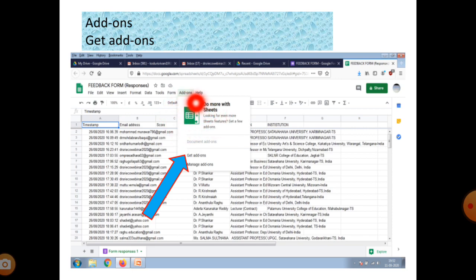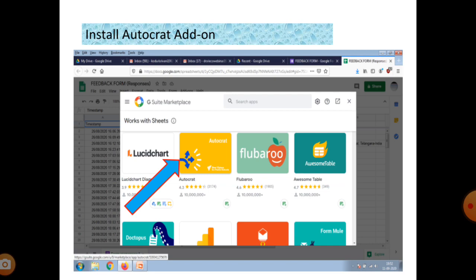In this add-ons menu, you don't have any add-ons in this box. That's why, click on get add-ons. After the click on get add-ons, you get this box, G Suite Marketplace. So many types of add-ons are there, but for the purpose of certificate generation, click the AutoCAD.